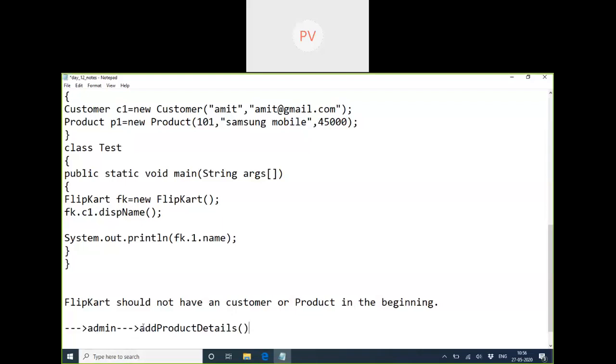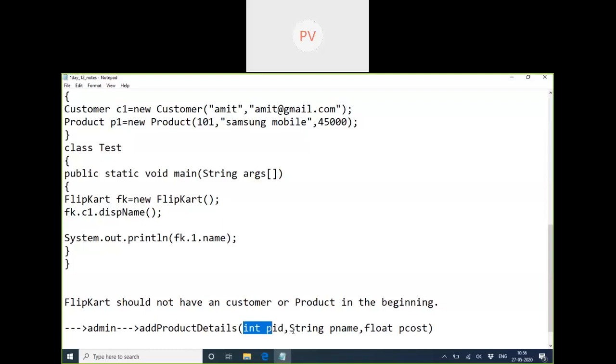That is a procedure or a methodology. We would have some method to add a new product launched by the company into the software, and that method is like addProductDetails. What is the role of this method? Whenever the user gives details of a product, like the product name, the product cost and everything, and the cost of the product.